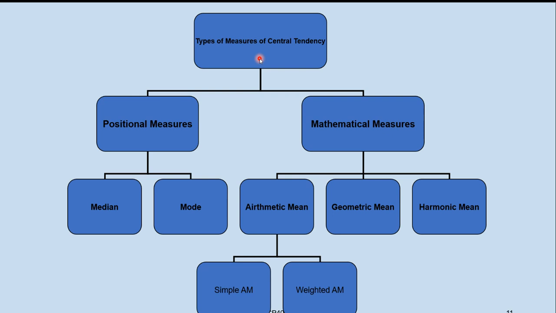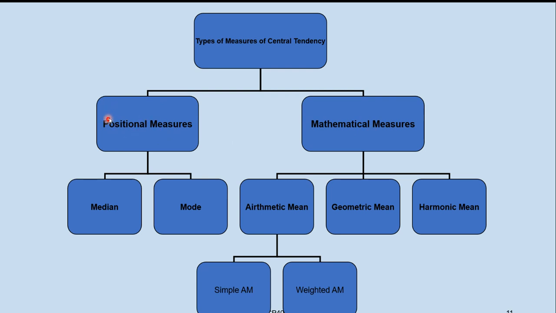If you say 50.5, it is the exact value, it shows exactly the value. But if it is calculated as 50 or 51, then the value is nearing 50.5. That is, it is tending towards the central value. So the measures of central tendency are two in number. One is positional measures and the second one is mathematical measures.